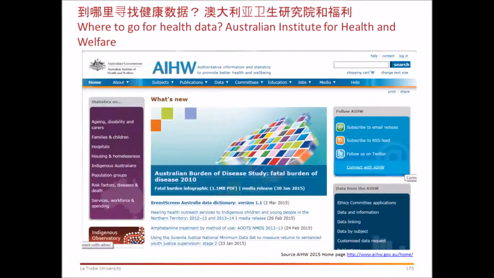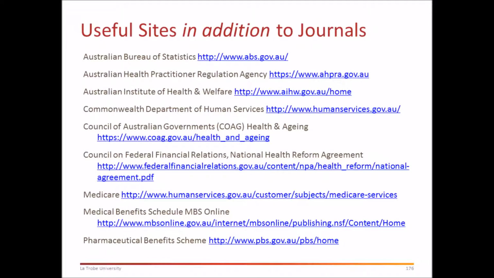Now, where to go for more on health? Well, the Australian Institute of Health and Welfare is a superb source of information if you're looking for things. There are a number of useful sites in addition to the journals, and I'll list these; they are available